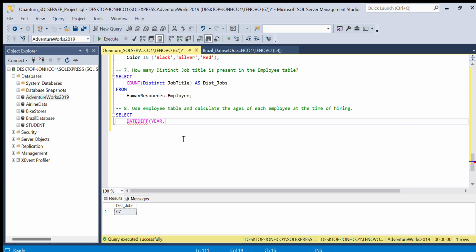So the starting date time, so we have birth date, right, comma, and the ending one is hire date, right? So this one will now be, so let's give it an alias. So as hired age, right? As hired age. Then